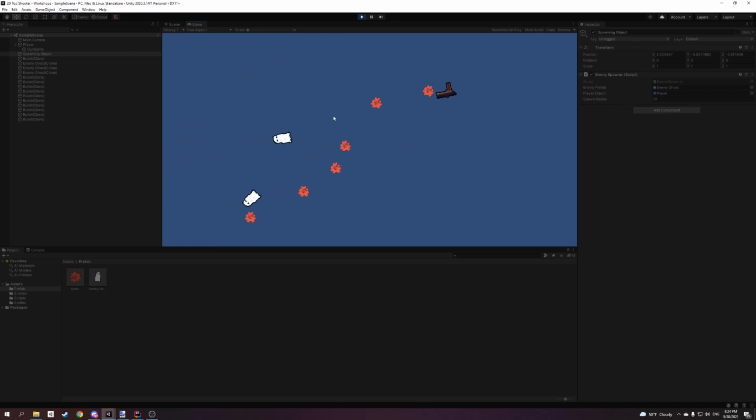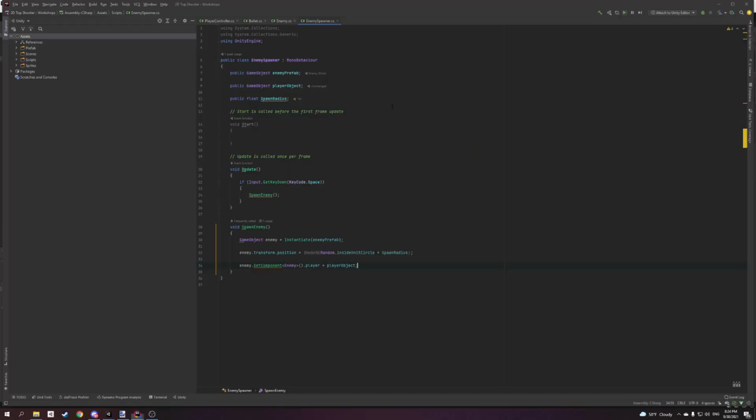Now, we're missing a few things. For example, we don't want to press space to spawn enemies. We want them to spawn automatically. How do we do that? Well, we can say, okay,